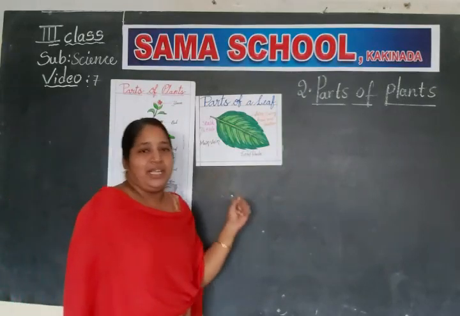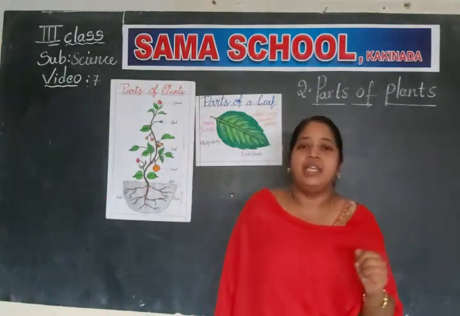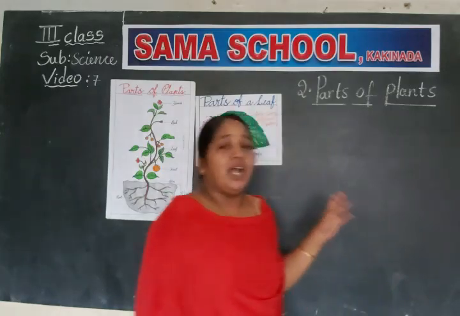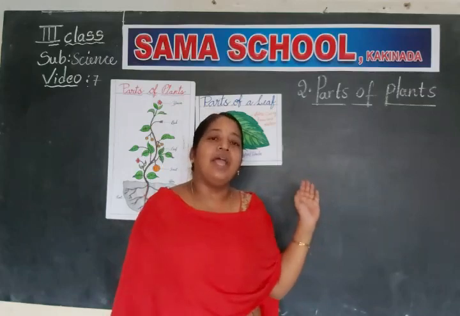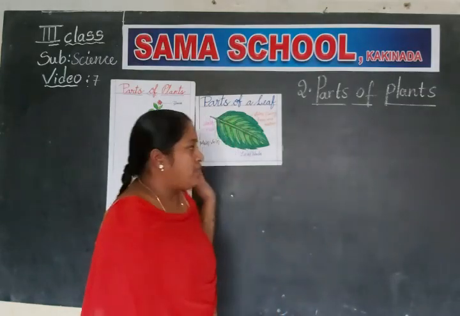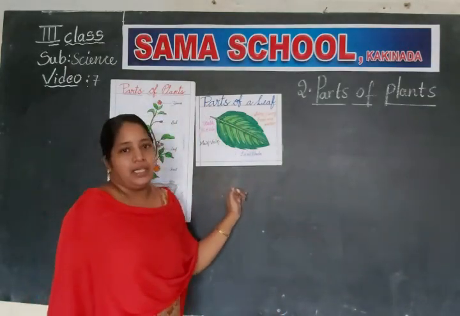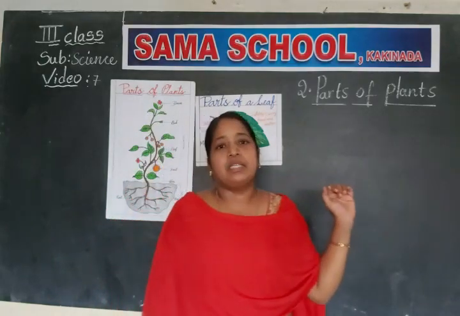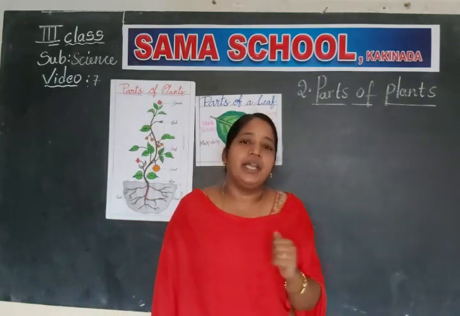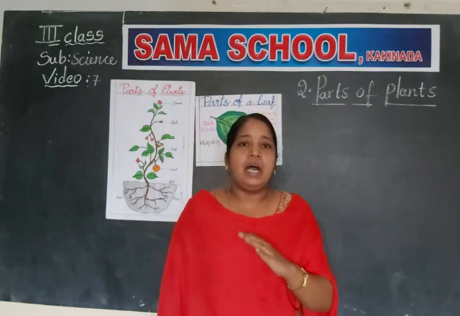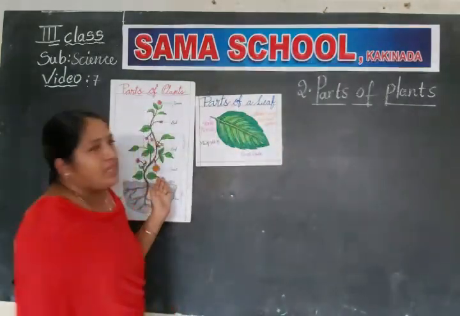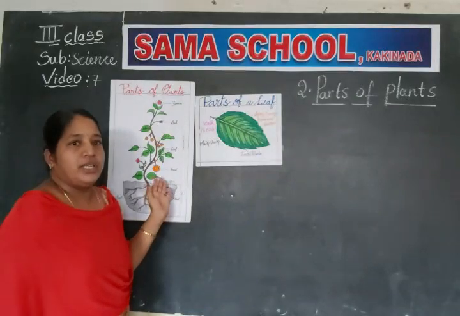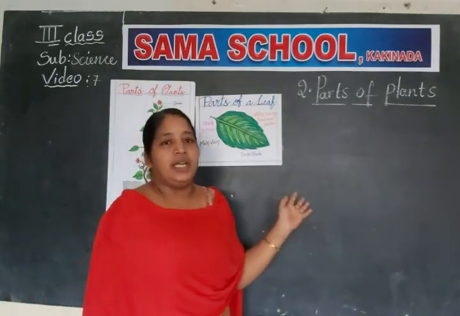And in some trees such as banyan tree, neem tree, mango tree, the trunk is very big. That means the stem is very big, strong and woody. This type of stem is called trunk. And trunk is covered in a bark. The outer covering of the trunk is called bark. And we eat some stem vegetables like ginger, potato and sugarcane.